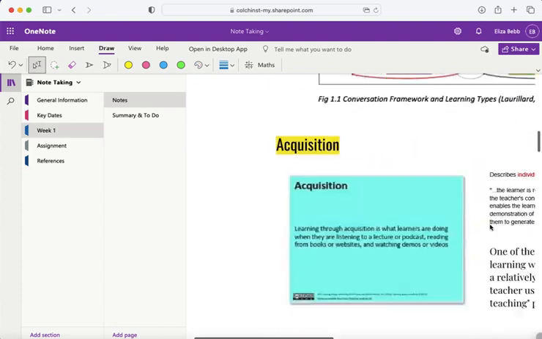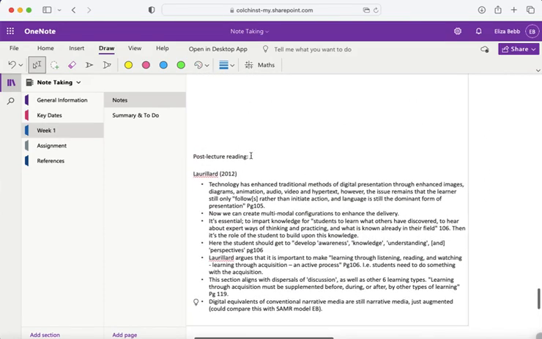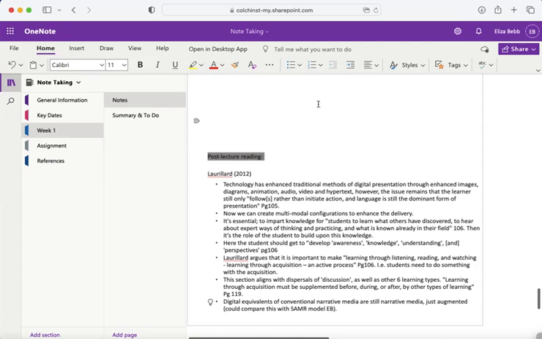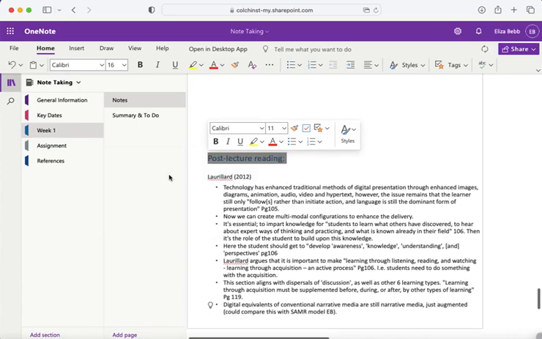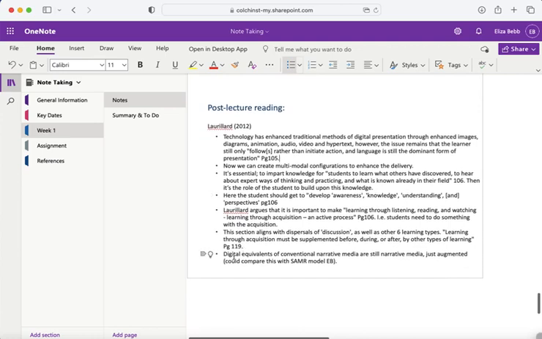Okay, and I'll scroll down to the bottom, and then I've got my post lecture reading here. Let's just go and highlight that again, just that style, put that heading, and make it a little bit neatly. And this time you'll notice that I have got the